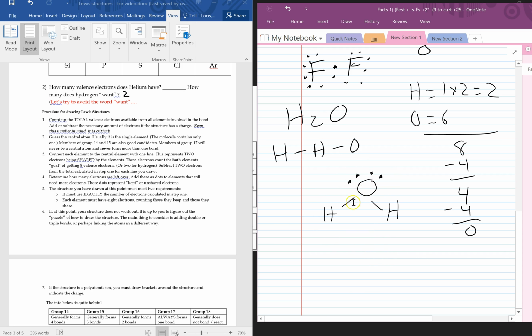Now, there's a reason I drew it in this kind of bent shape, as opposed to in a straight line and all that stuff. We'll talk about that, but this is the main thing that we need so far. Okay,